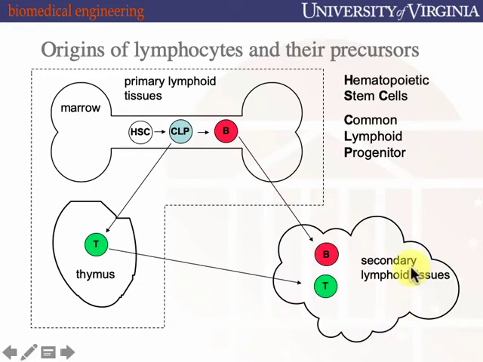Where all of our antigen-dependent differentiation is going to occur are in these secondary lymphoid tissues. Okay? This would be your tonsils, right, that most of us have removed, your peripheral lymph nodes that are all over,